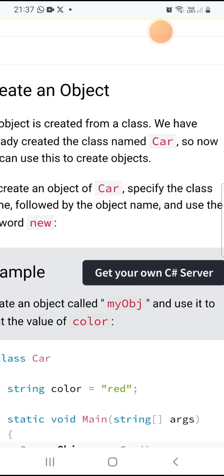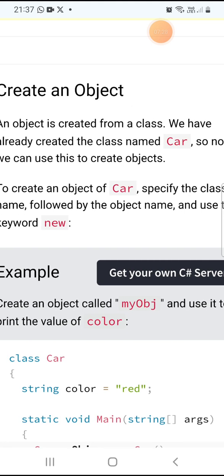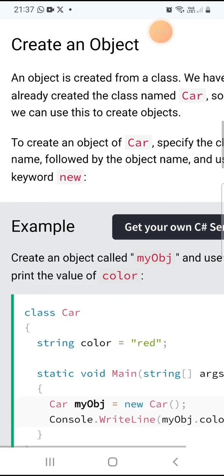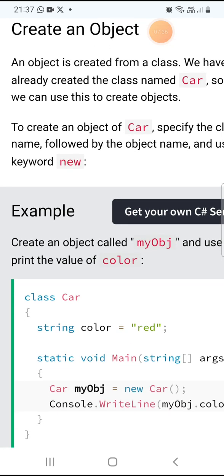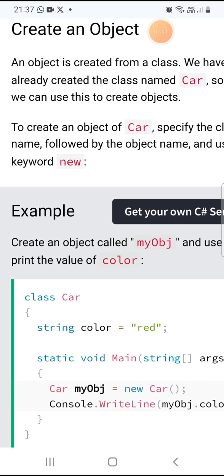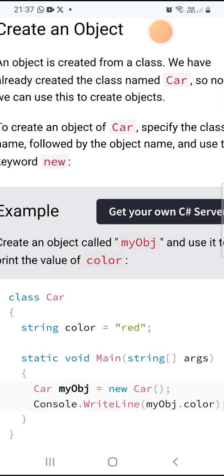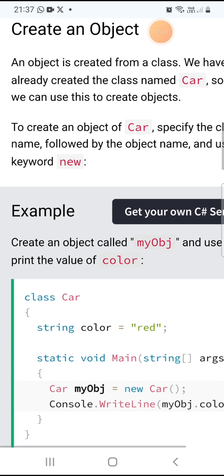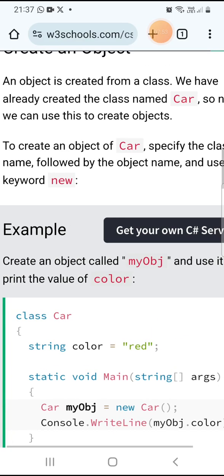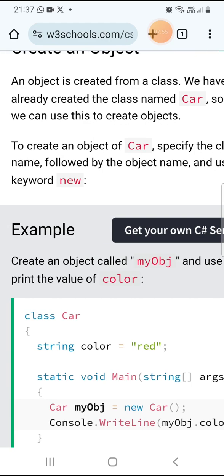The class we have already created, that is the class keyword, then the car name. Now this can be used to create objects, meaning the class can be used to create objects. To create an object of a car, specify the class name followed by the object name and use the keyword new here. But first of all, to create an object of car, we need to specify the class name. But in other programming languages, like Python, first of all we will create